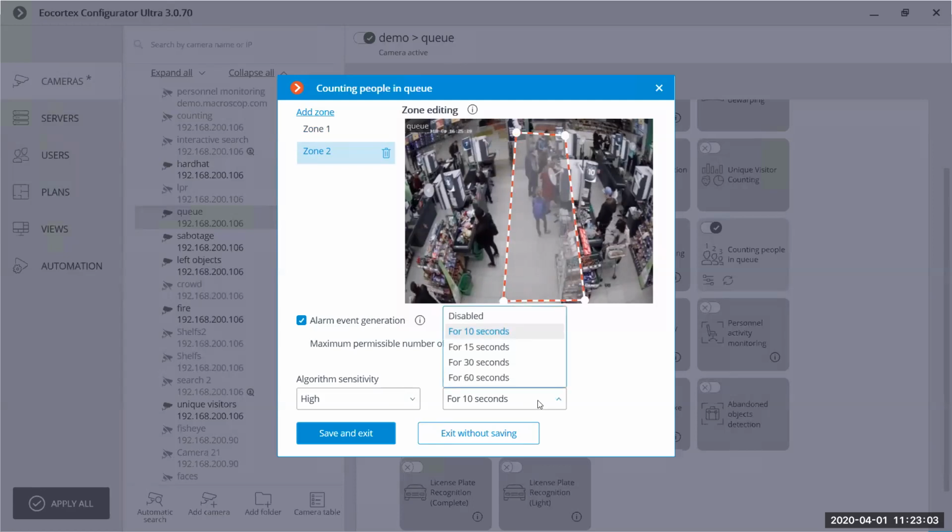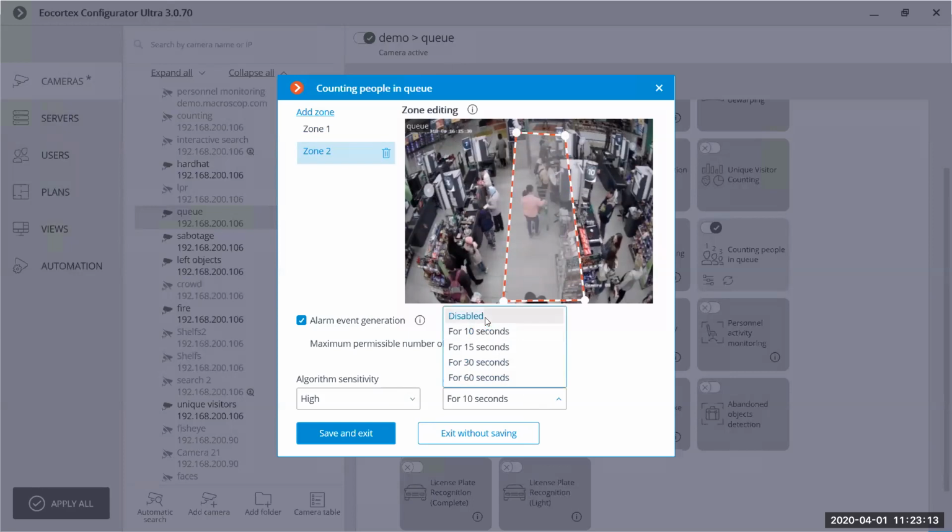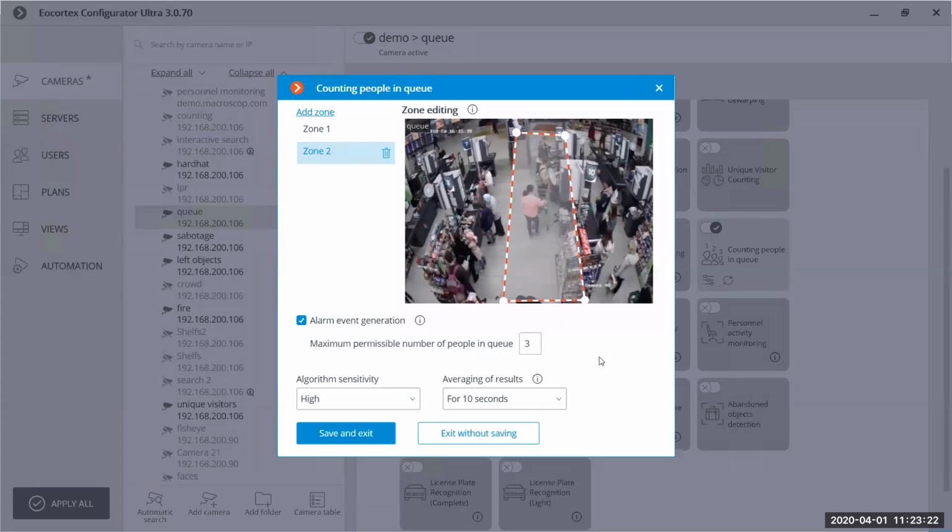Here we can select different values for the averaging. If I set it to minimum, so just disabled, the accuracy of this module is not so high, but we can see the change of the number in real time. We see that there was a movement, someone entered, and we can see the immediate change of the number.